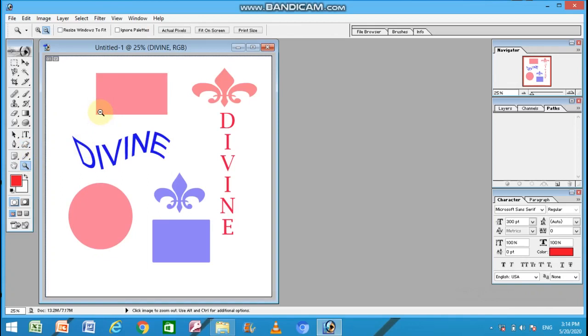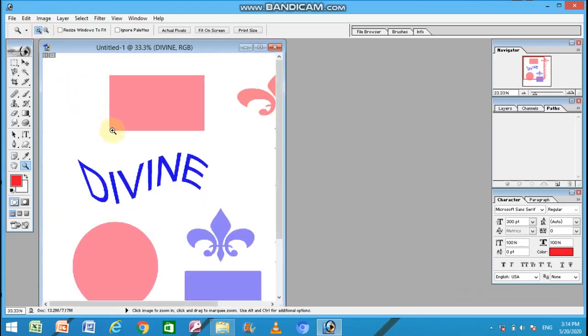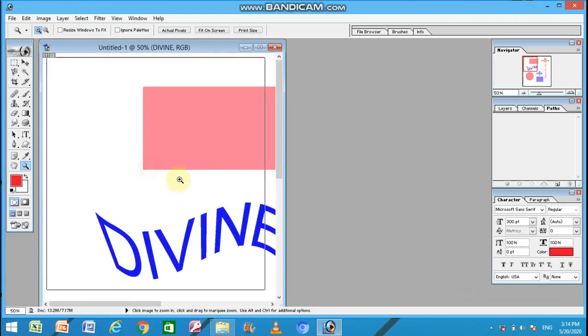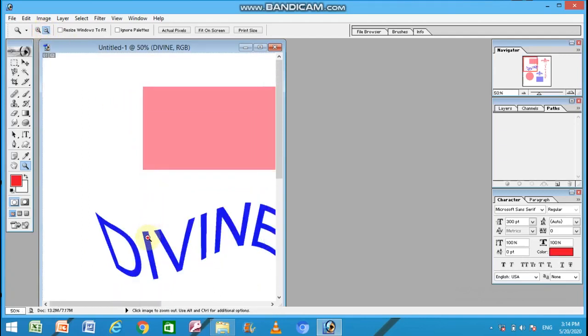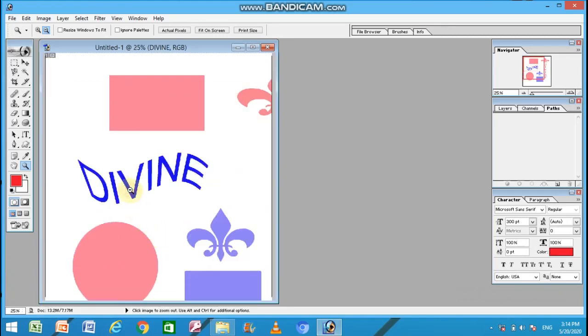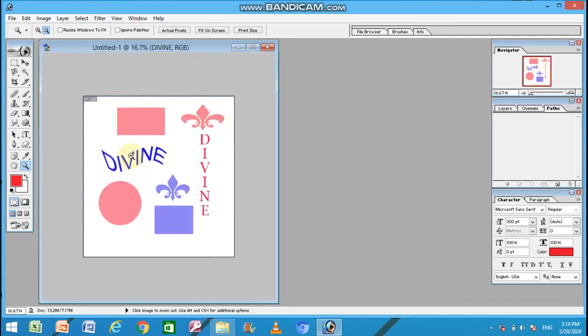If you want to increase the size, from the options bar select the plus symbol and then click on that particular area to increase size of that area. In the same way, if you want to decrease the zoom, select the minus symbol from here and then click on that particular area to show its decreased size of the complete graphics.